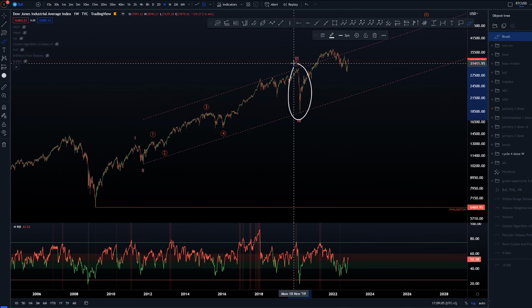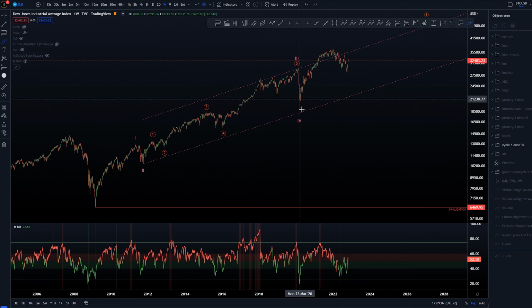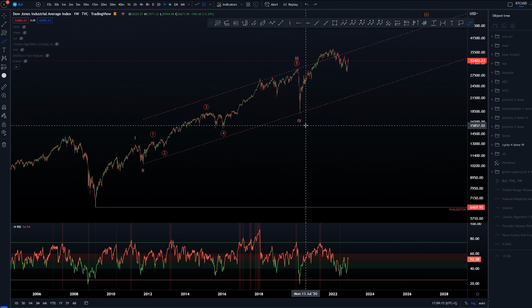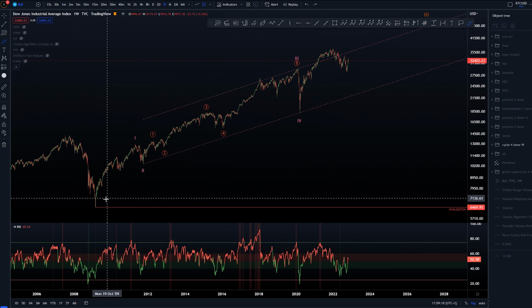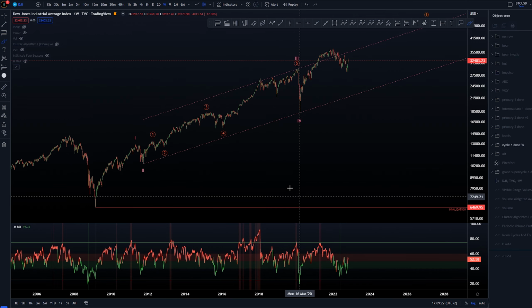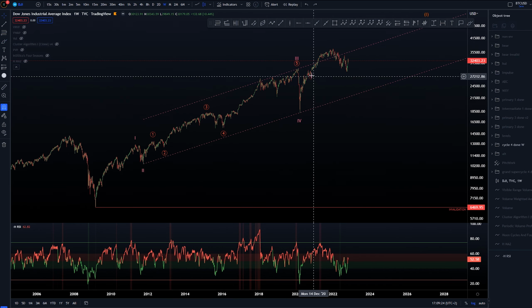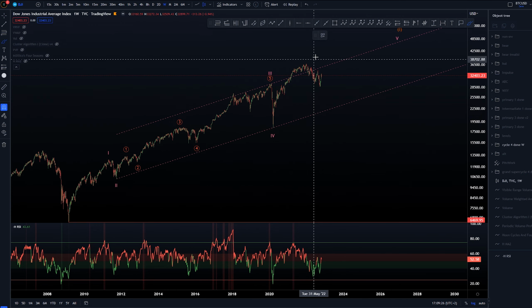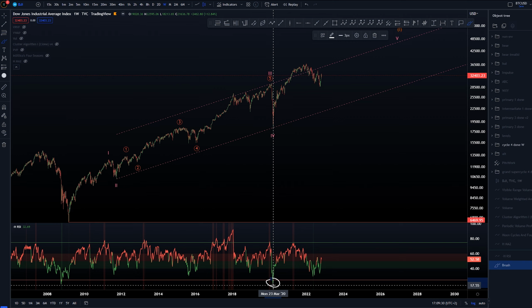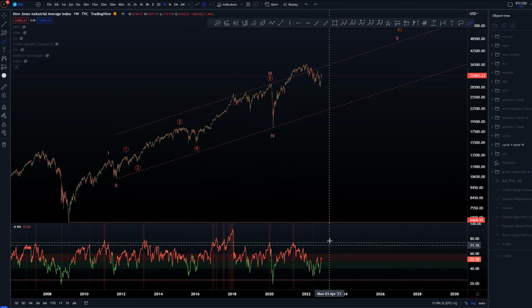Of course, this is again a possibility where we would be resetting the whole thing, but we have not taken out the lows that we had here on the 08 crash with this March 2020 lows on RSI. So there is definitely a possibility that we are still within this same RSI cycle upwards. That has to be kept in mind. Also, with the current crash, we have not yet even taken out the lows that we had in March 2020 with the RSI, so that is something to keep in mind as well.